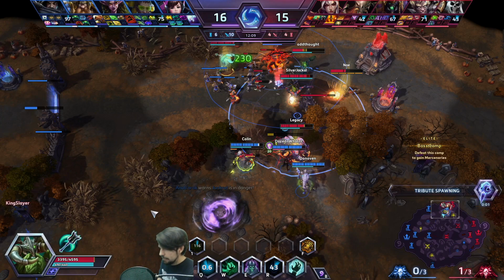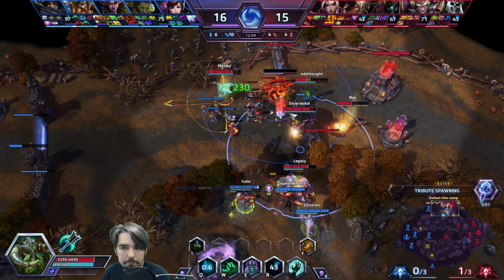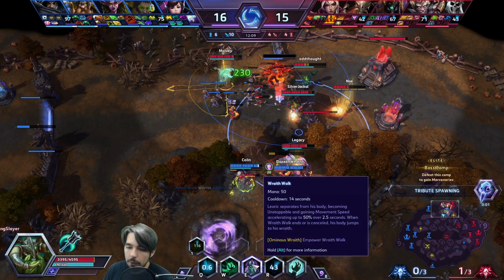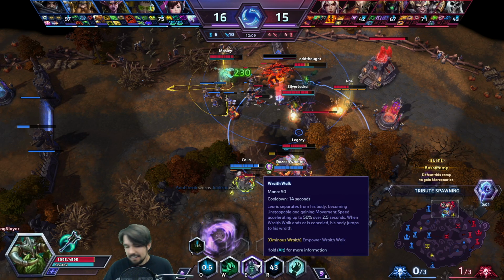Okay, does anyone in the chat know if D.Va's bomb is tethered or snapshot? And what I mean by this is, if you Ominous Wraith D.Va, does the bomb lose spell power? Or in this case, damage. 50% less damage for 4 seconds. Because that's how it works on Pyroblast. But Gargantuan's different. So I'm not sure which one D.Va is, and we've just entered a D.Va meta, so I